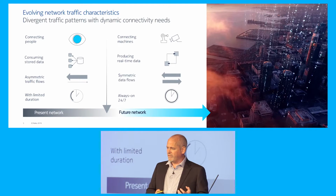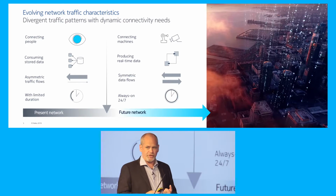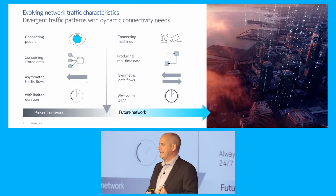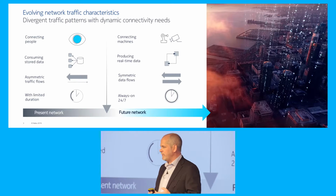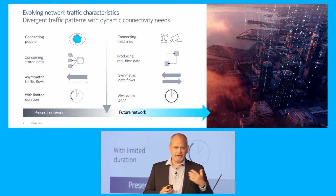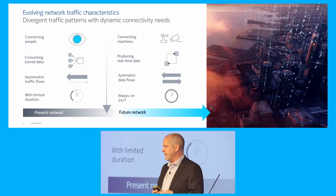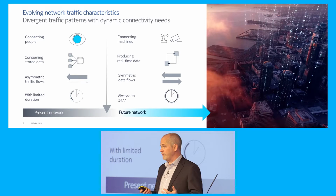But this new wave of applications will change all of that. So the first big thing, and this is already happening, is we're connecting machines. And it's not just the IoT type of applications you hear about, connecting automobiles, connecting, as I said, mining machines, farming machinery, whatever it might be. But a huge, huge aspect is connecting servers. And we now have machines that are generating information, consuming information, without ever having a human involved, and doing that